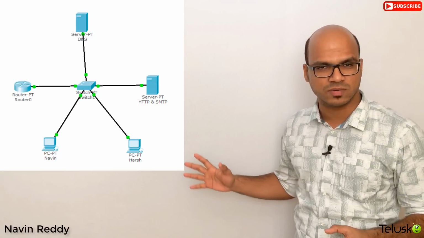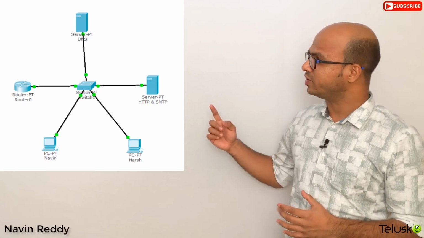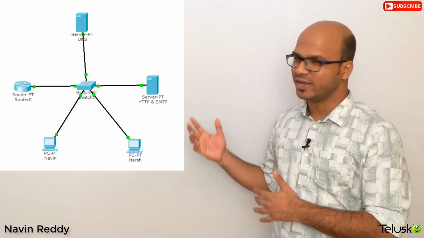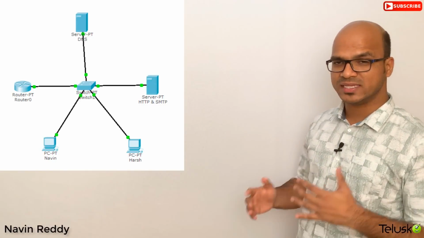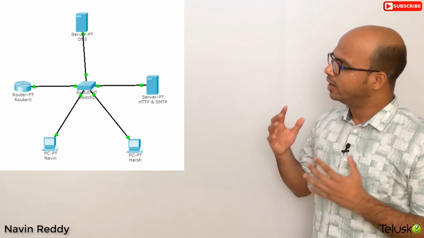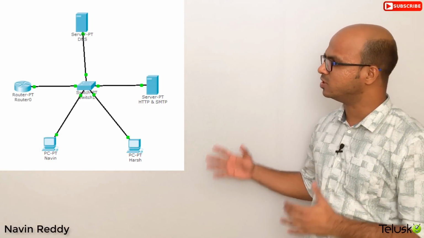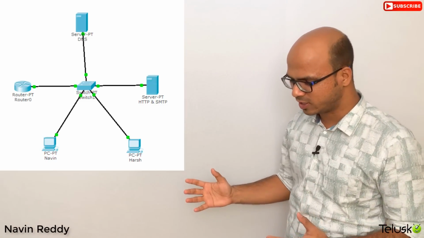Again, we can create three servers, and every server will have one protocol, or you can create one server which will have all the protocols, or you can have two servers where you divide the protocols. Here the first server has only DNS, and the second server has HTTP and SMTP. We have two clients, let's say Naveen and Harsh, and also a router. We don't need the router, but if you want to interact with an outside network it's there, though we will not use it in this practical.